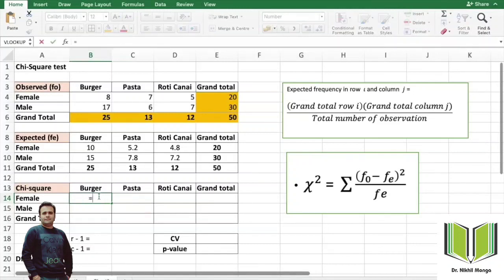So let me show you once again so that it's clear to you, I hope. I'll show you once again how you can do it. You just need to press equal, then power, then bracket, double bracket here, right? Then you need to select the observed frequency minus the expected frequency, then comma, then the power. The power is 2. Click 2 and then close the bracket. Not enter yet, now divide it by the expected frequency, right?